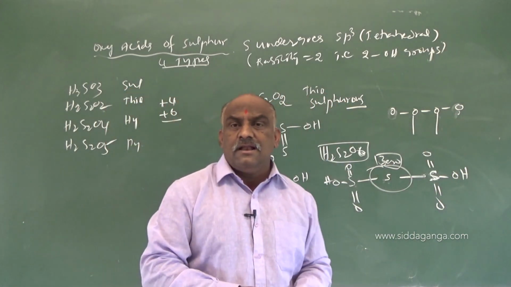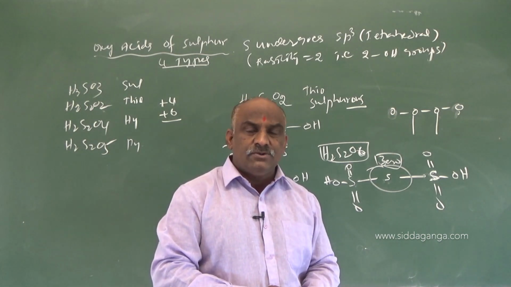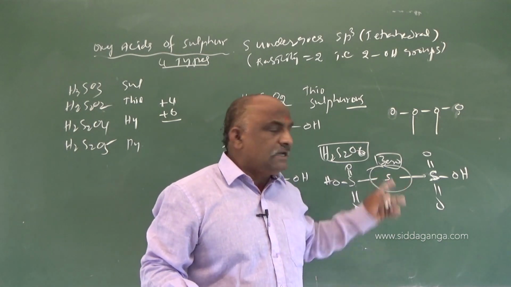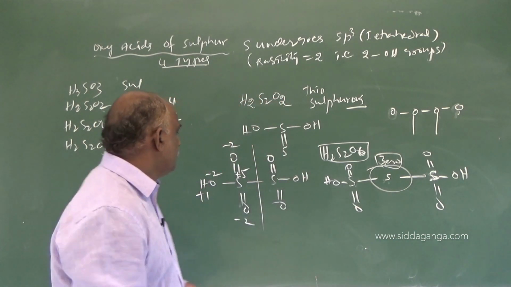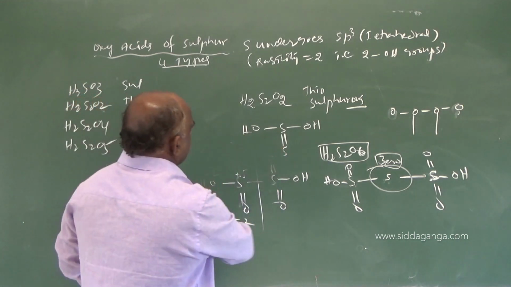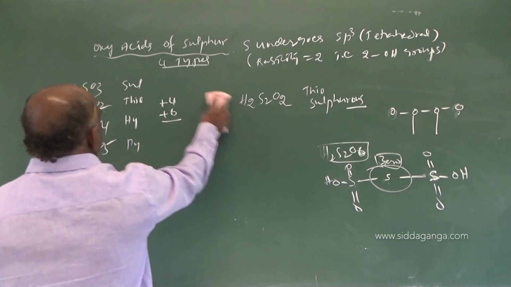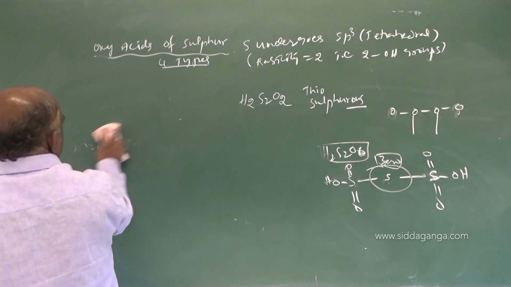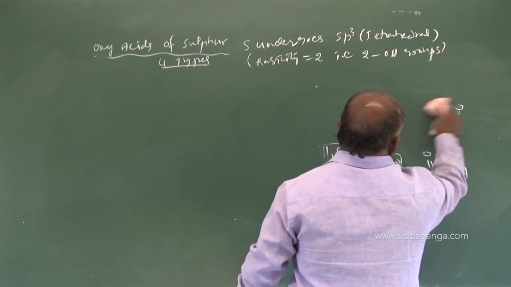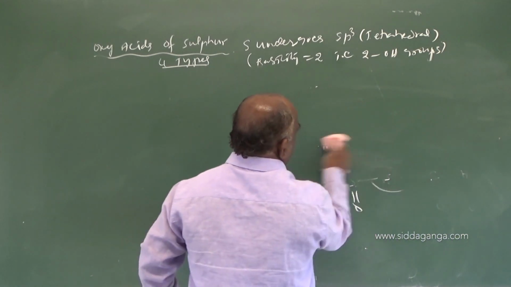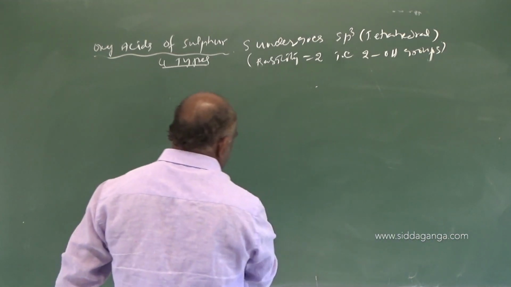So central atoms are the same with respect to adjacent atoms. The central atom oxidation number is 0. So here we have to calculate oxidation numbers +4, +6 and +5, with respect to the formula only. We have to draw the structure only. According to that only we have to find the oxidation state also.